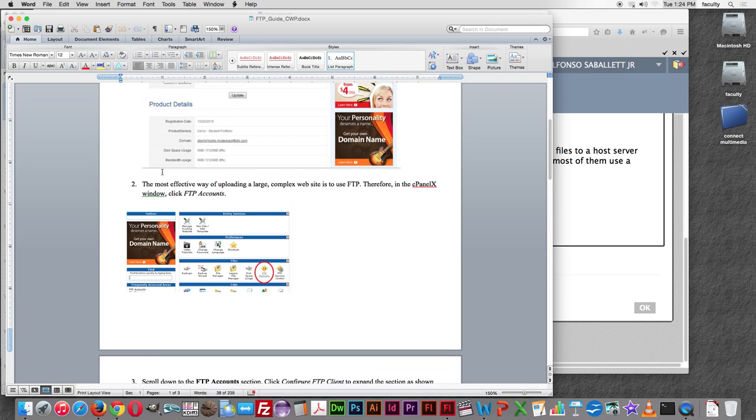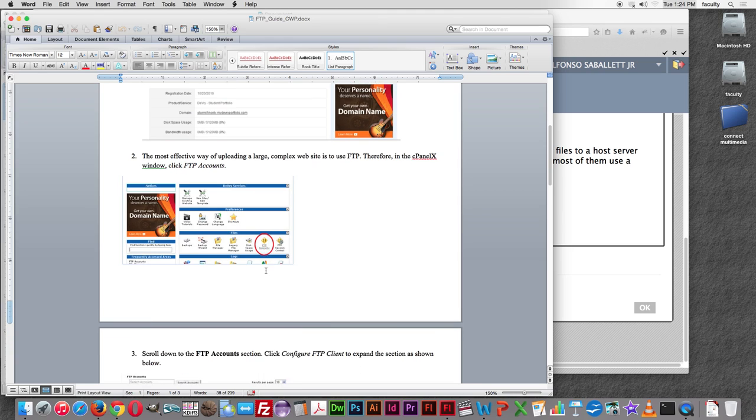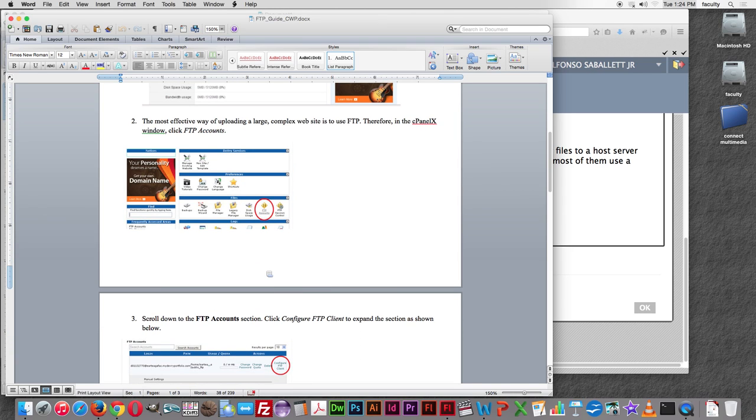But also another one is like the FTP account. So sometimes you have to create an FTP account, which means file transfer protocol account. So you have to sometimes set that up in order to upload multiple files when you're trying to upload a lot of files. Okay. You may not need to do this. You may not need to set up an FTP account, but you can always use this right here where it says File Manager. This right here, or you see that image, or it says File Manager. If you double click on that,